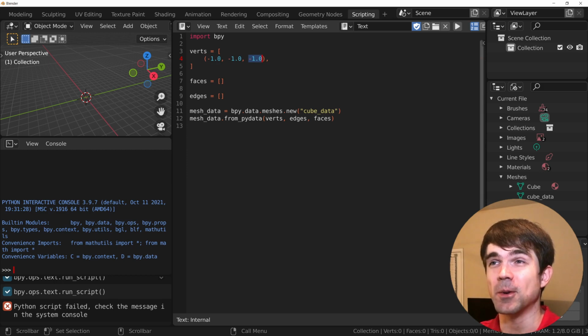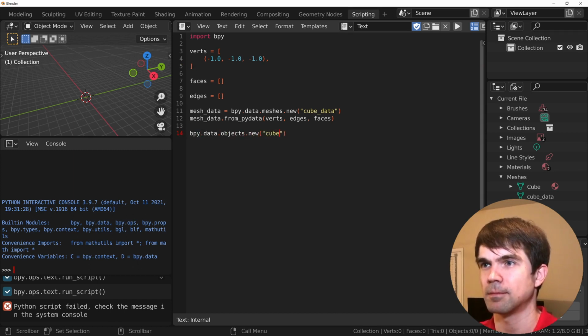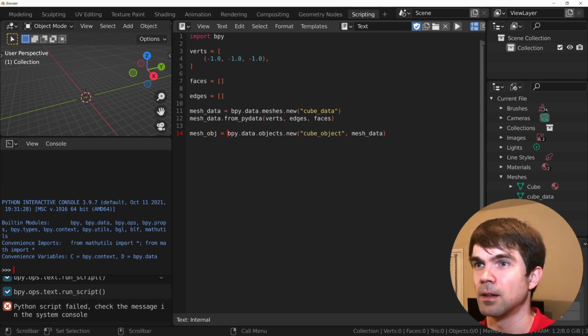Now let's create a new object and attach the new mesh data to it. So again, here we're calling BPY the module, right?